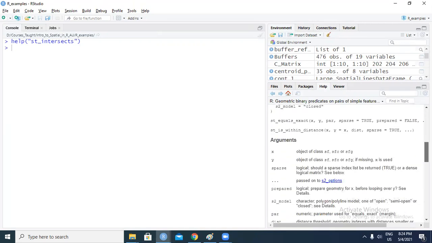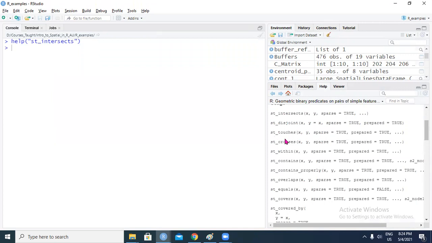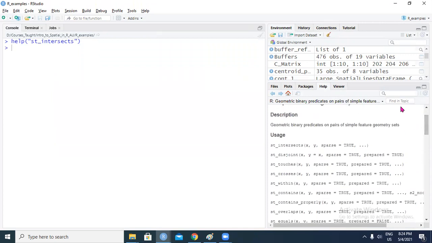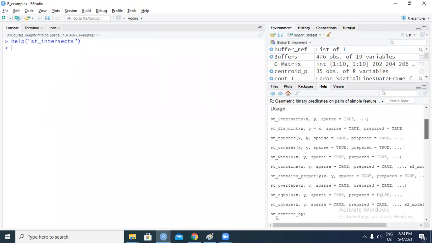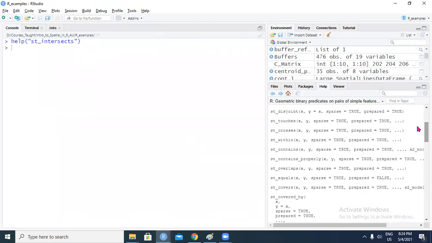There are many over here, st_touches, etc. These are very useful for topology, for generating topologies. So we use st_intersects to achieve our goal.